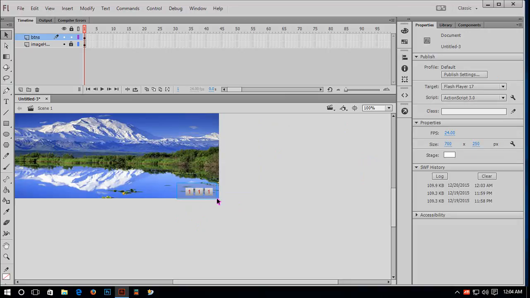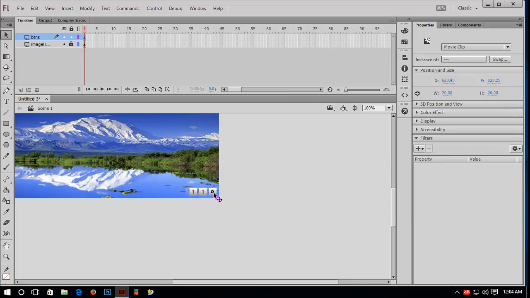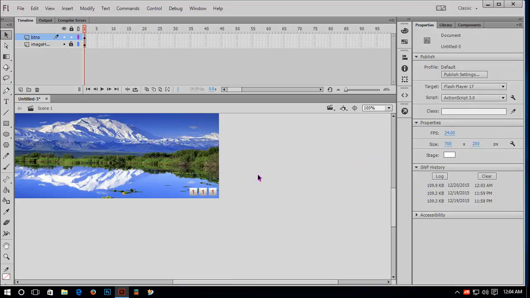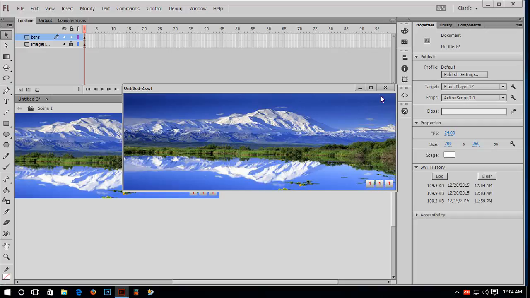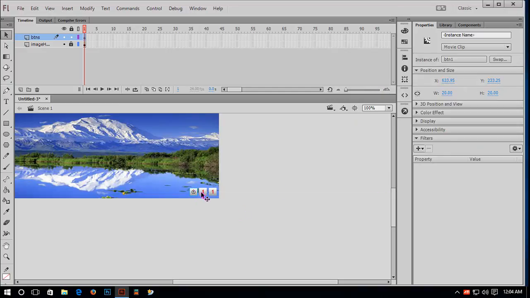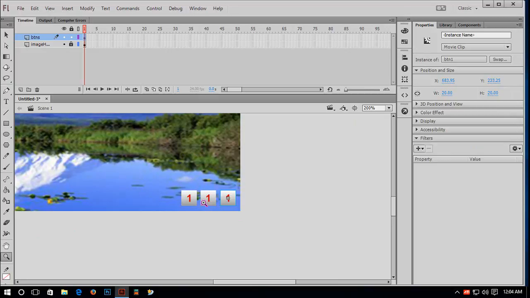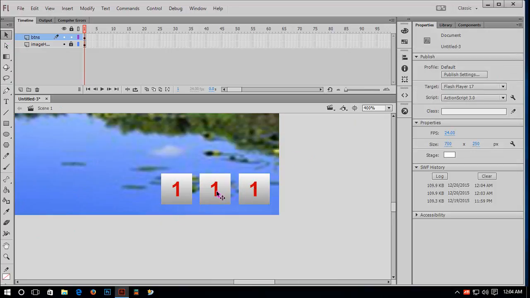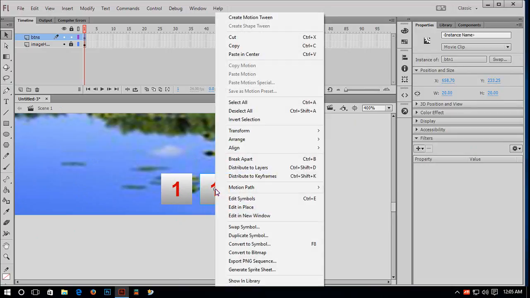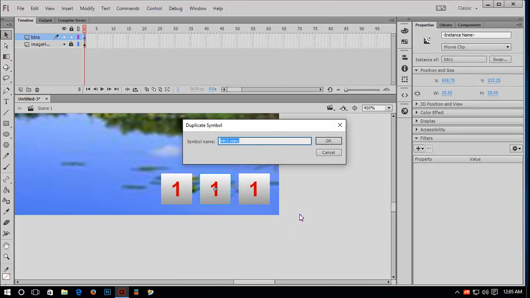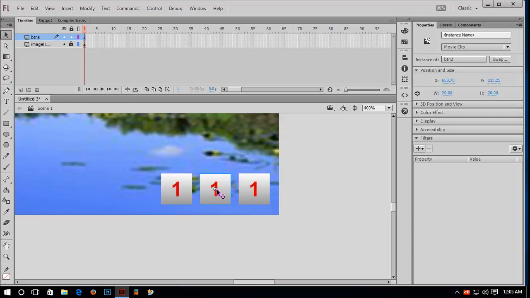Now select 3 buttons and position it. Okay, I think it's okay. If I test it, it will do for me, but I would like to change the text inside this button. So first you have to make a duplicate copy of this button, otherwise all button text will be changed. So right click, duplicate symbol, button 2, press OK, change the text